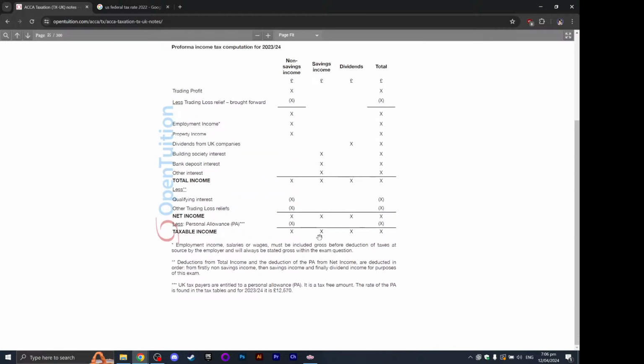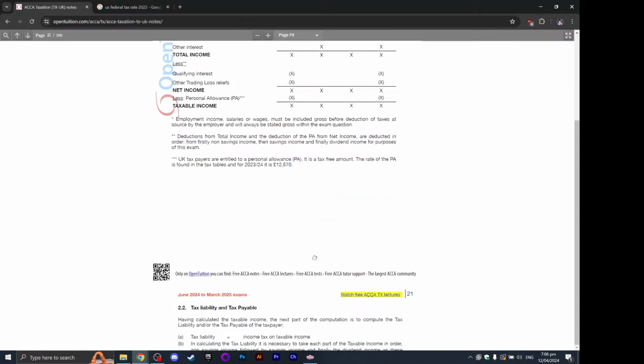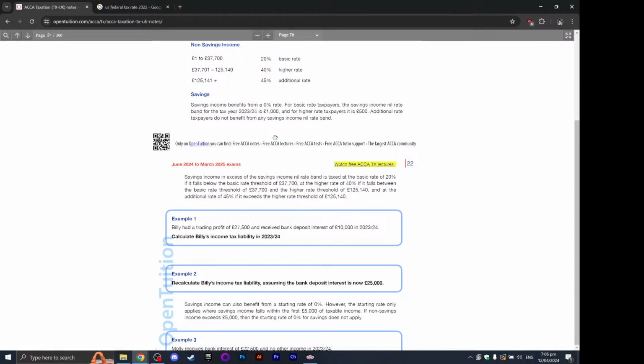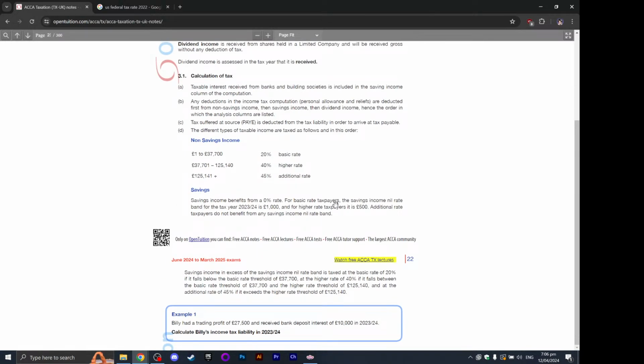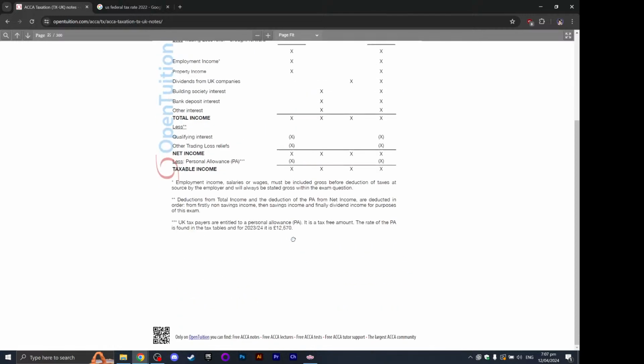You take from this table here and then you get the figure. So the first 5,000 is at 0, so that's 0. And then above that, it's basic rate taxpayers. Oh, see, if your basic rate... okay, savings income benefits 0. For basic tax rate, savings income nil rate. So if... because first you